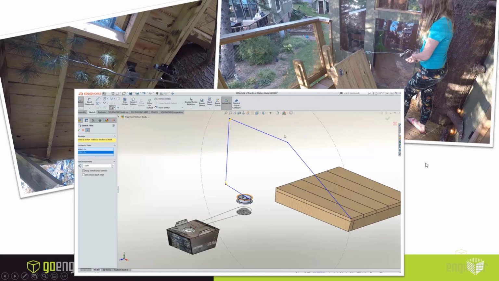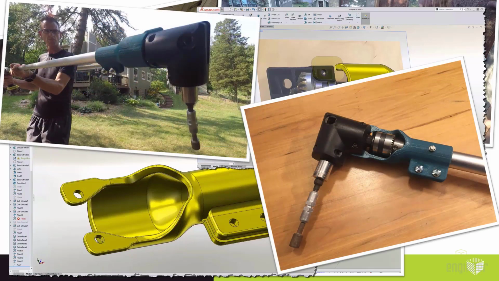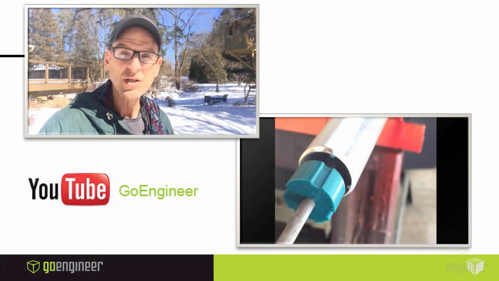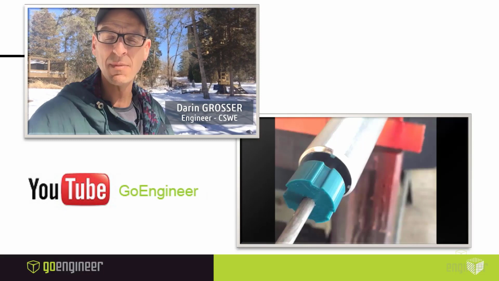I want to cover a little bit today about how I use the software to go from the idea to reality, and how we're going to apply that to the academic community and get more people access to the software as well. When I'm using it, I'm usually trying to get to a particular point and get a knowledge transfer, which is what all of this is about between GoEngineer and our community.